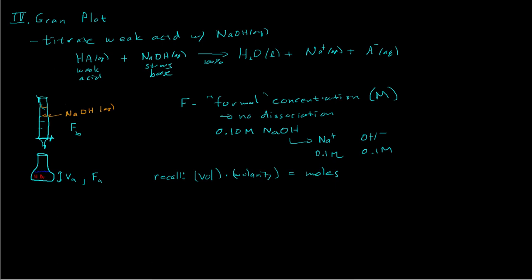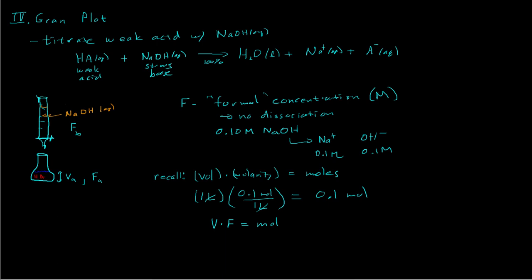And you can see that just from the formula. If we take our volume, say 1 liter, and multiply that by a molarity, let's see, 0.1 moles of something in every 1 liter, then you see that the liters cancel out, and we would be left with the actual moles, 0.1 moles. And so we can write that in a different way. If we take volume and multiply it by formal concentration, that will also give us moles. So that's just a helpful thing to remember that we're going to be doing as we work through this